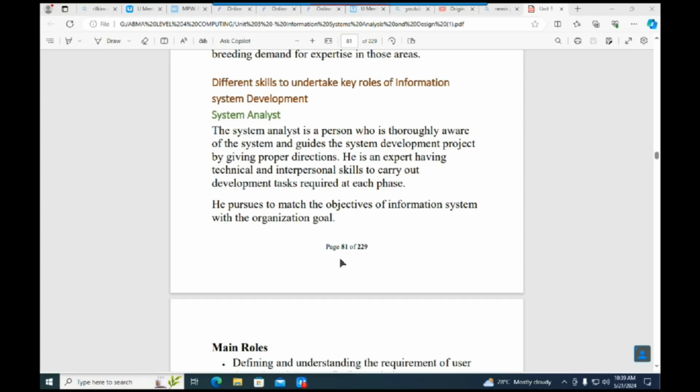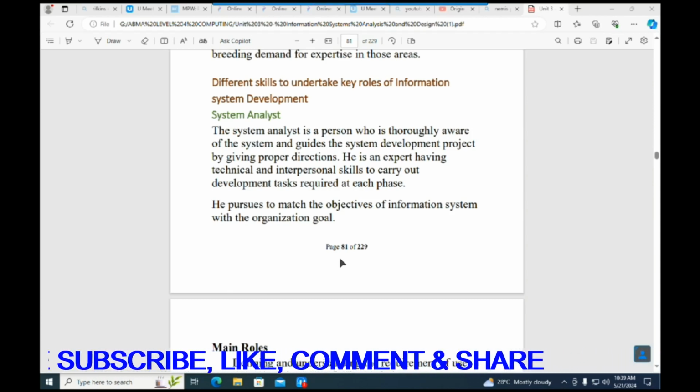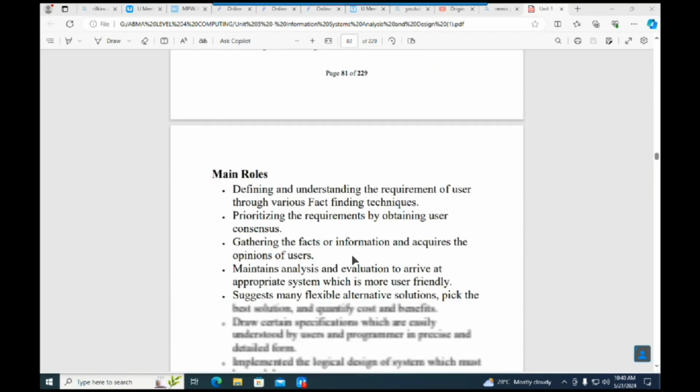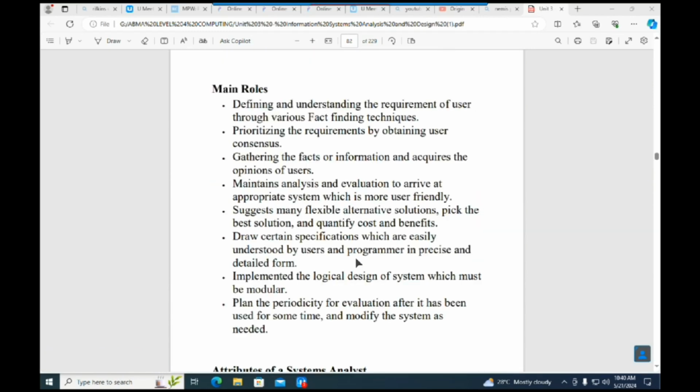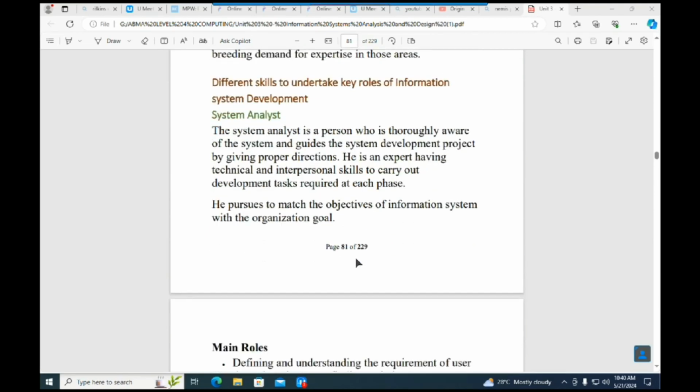Basically, here we are looking at what skills are needed for what role in information system development. What skills are needed for what role? And the first role that we are going to discuss here is the system analyst role. We talked about the system analyst previously, and we said he is a person who is